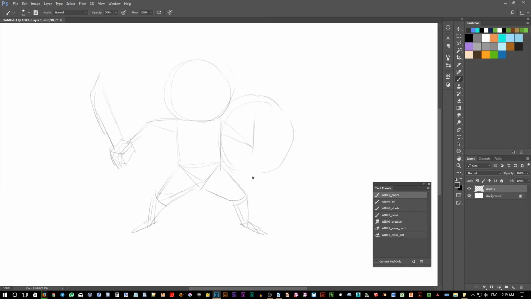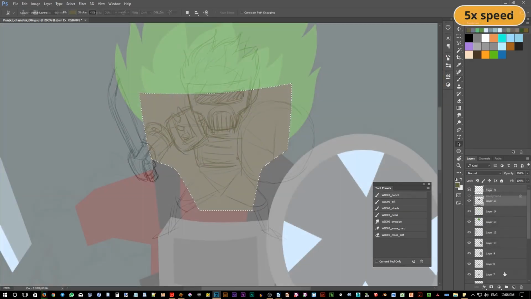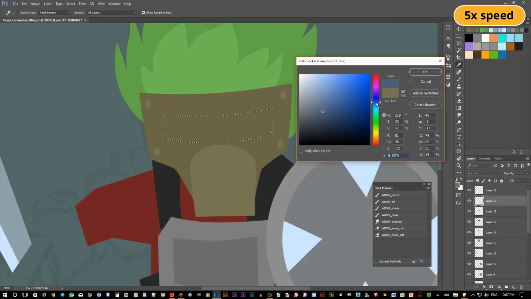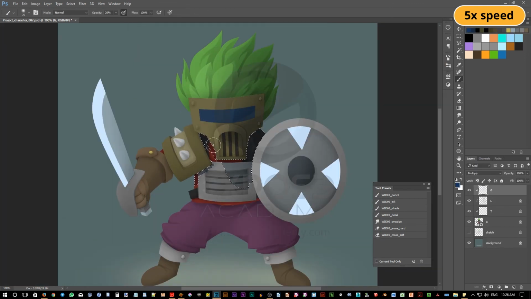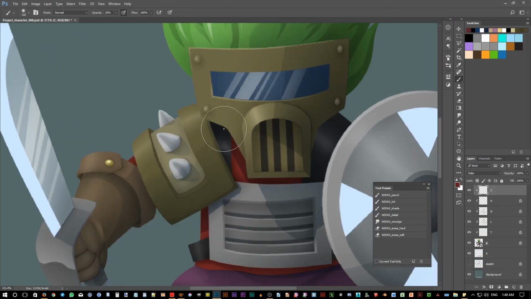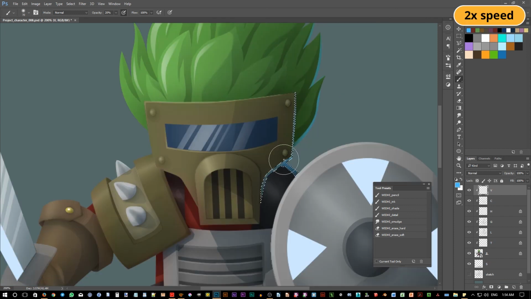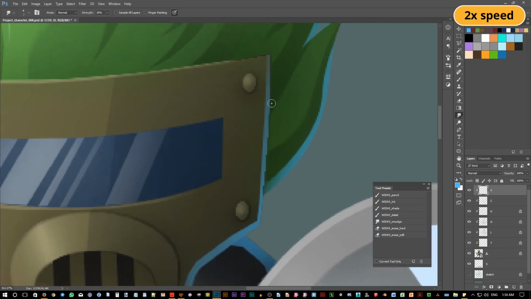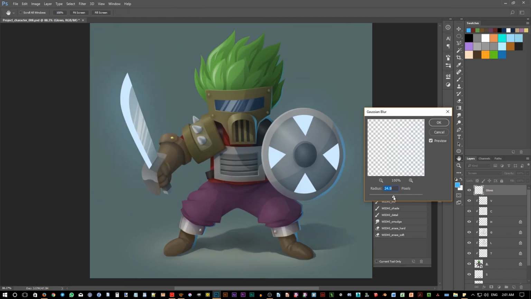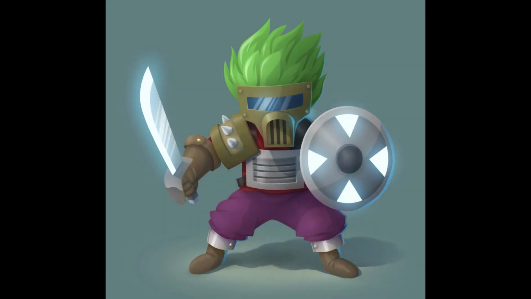We will start from sketching the ideas, adding colors, adding shadings and highlights to it, and finally giving it final touches such as color bleeding, glows, backlight, and color correction. This is the final result of the project.